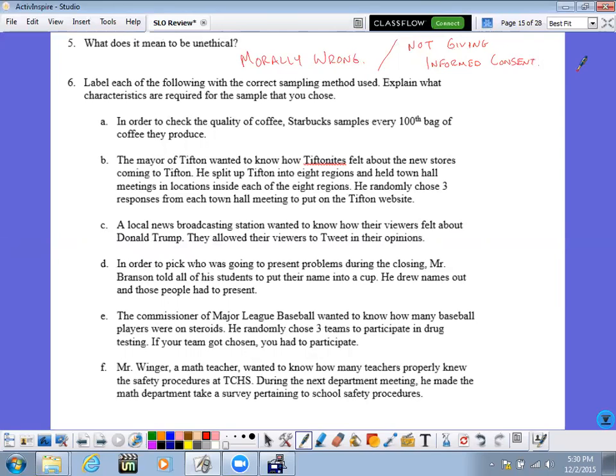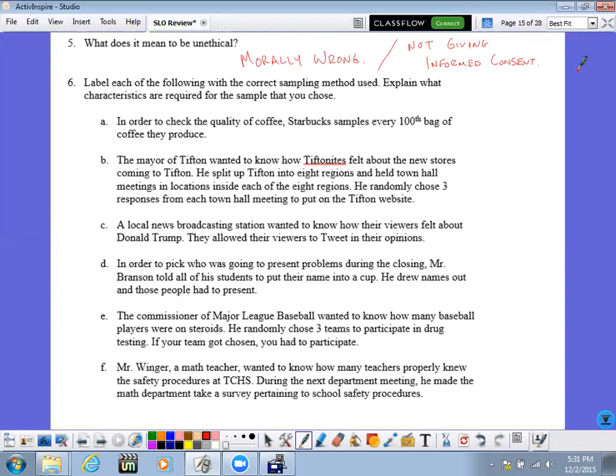Number 6, sampling methods. We had 6 sampling methods. The first 4 sampling methods were all random samples. You had systematic, simple random, which both of those did not have groups, in which case systematic had a system that went with it, and simple random did not. You also had cluster and stratified. Remember, cluster and stratified were both random, but they both involved groups. Cluster, the entire group was part of the sample if it got selected. Stratified, a sample of the group was selected.